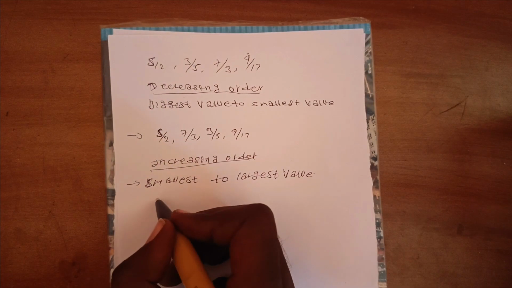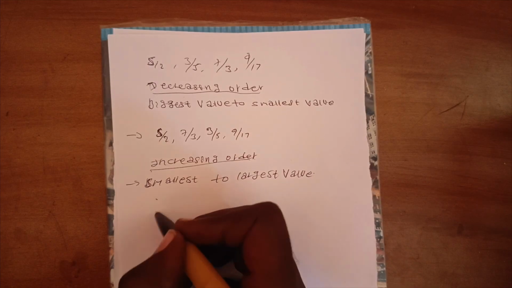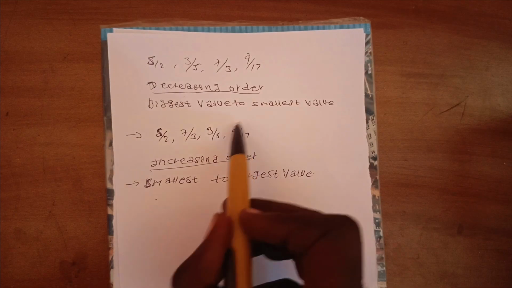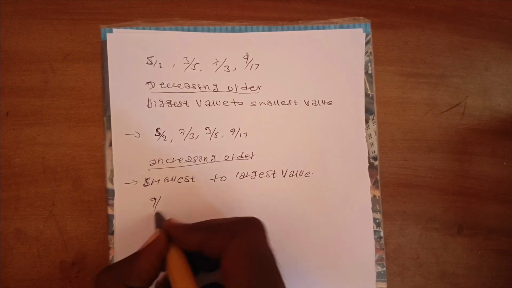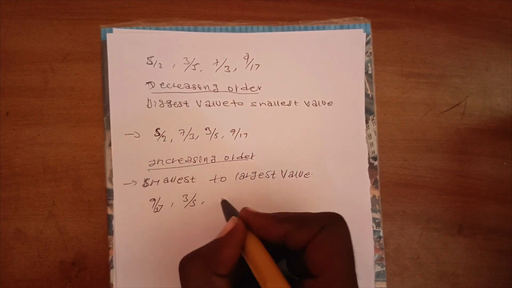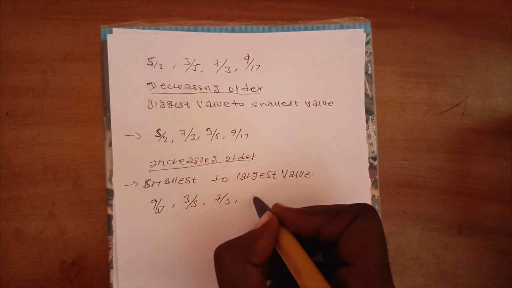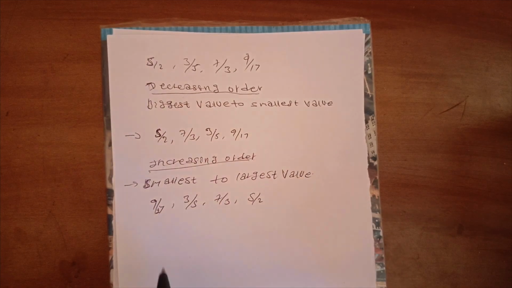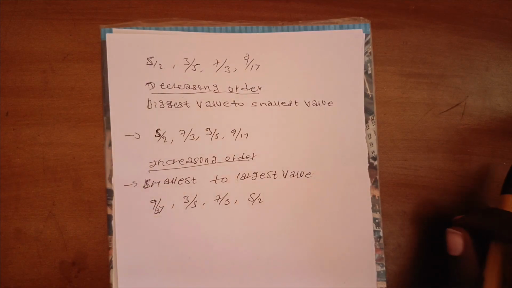So from smallest to largest value, okay, here the smallest is 9 over 17, then 3 over 5, then 7 over 3, then 5 over 2. This is increasing order from smallest to highest. Yeah, the ordering of fractions is